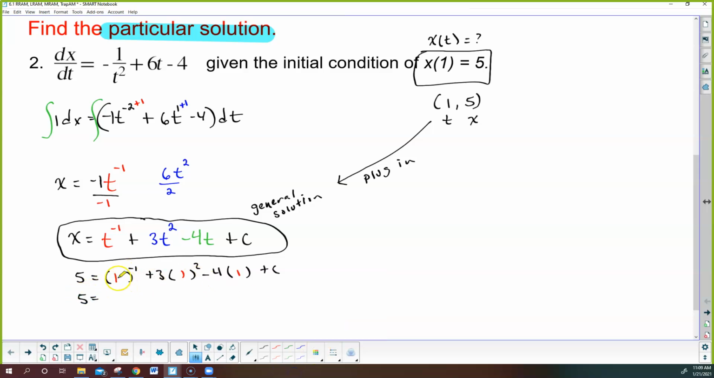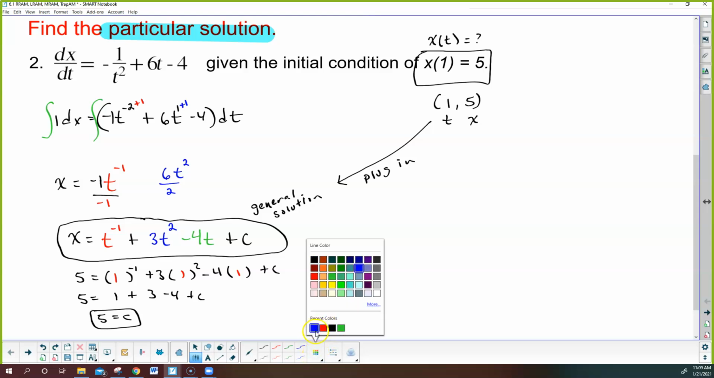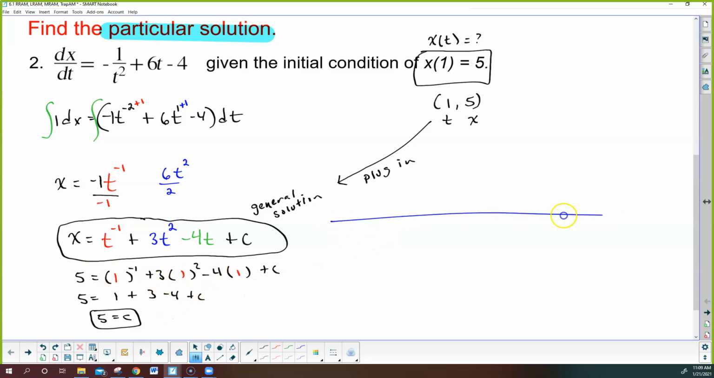I picked 1 because 1 to any power is 1. And then this adds up to 4 minus 4 is 0. So I end up finding C equals 5. So it's just substitution. I hope you're really good at substitution. And finally, my final answer